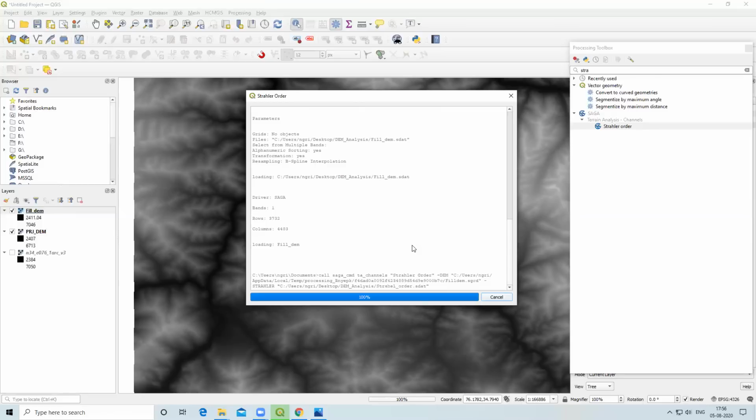All the water will be collected there, because water from the first, second and third orders all collects in the last stream. So the last stream will have the highest intensity and most floods will take place at that point only. So this is the process where we create a Strahler's order.